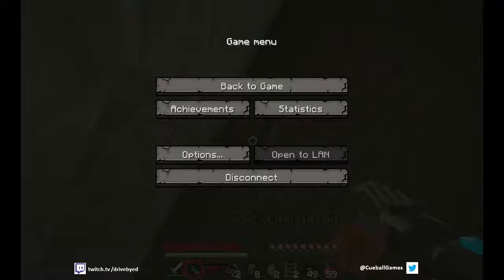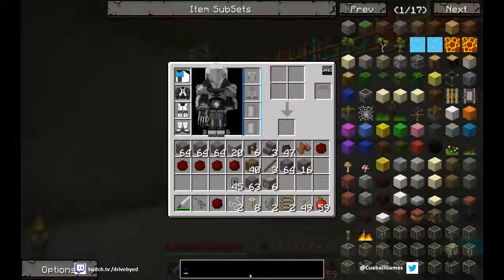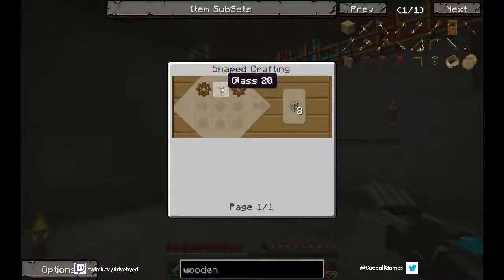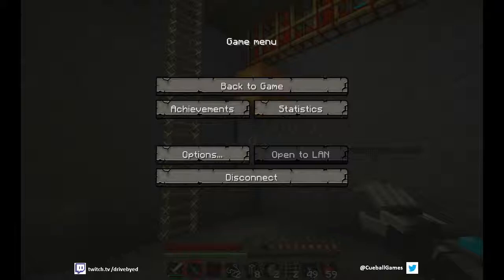Let's have a look here. Sandstone transport pipe. Oh, it doesn't connect to machines and stuff. Do you know what I think I need? I think I need an advanced wooden pipe. Or, annoyingly, possibly an emerald pipe, which obviously I'm not going to get. But I think an advanced wooden pipe...